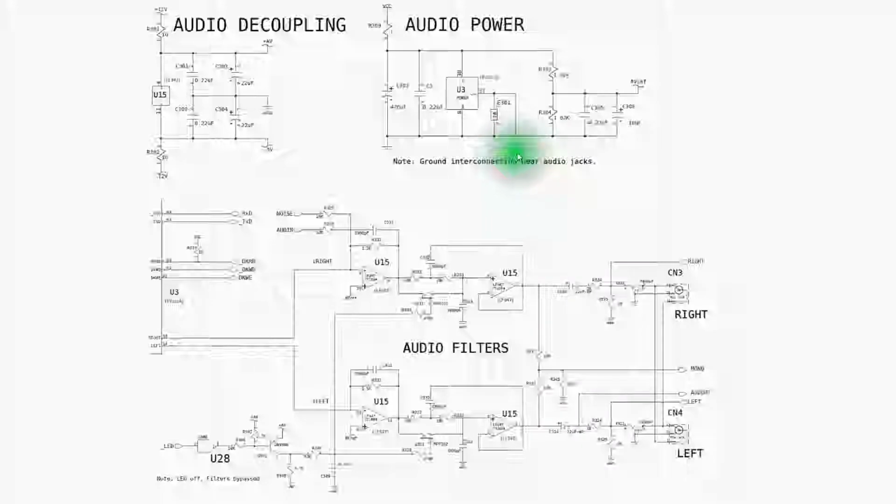So we have this audio ground reference that gets used in various places in the circuit here. You'll see it here, you'll see it here, you'll see it here. So although this is ultimately voltage referenced to the ground in the system, it's a separate ground that's used to reduce audio noise. The second thing you see in the power supply here is, again, there's VCC and ground, and